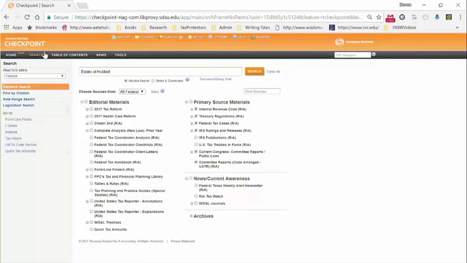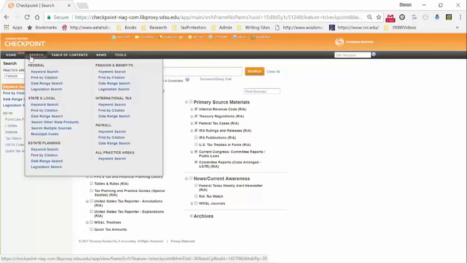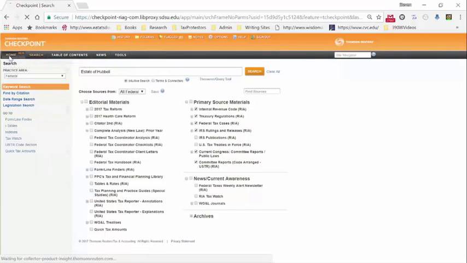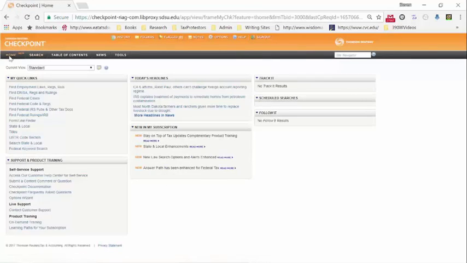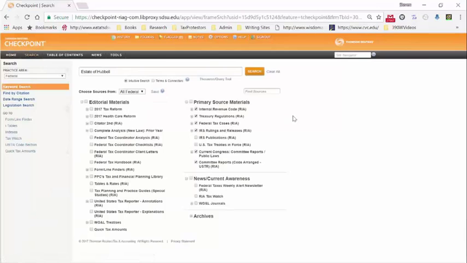A couple other things: you can see the tabs up here. We're on the search tab. There's the table of contents, there's news, and there are some interesting tools like calculators that you can use within the product. Home, believe it or not, is a page that most researchers don't use very often. It's an entry point into the system, but I have the default page set up as the search page for when users come into the system,